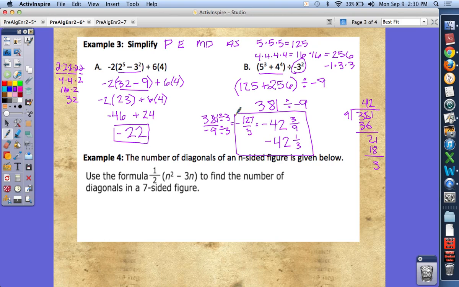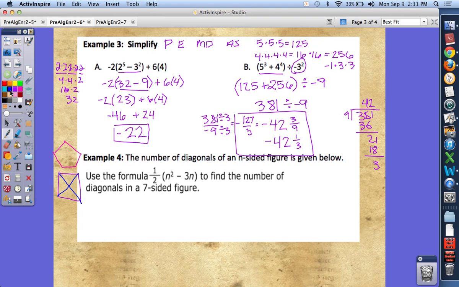Fourth example here, so let's put in a word problem. You actually will use this formula later on. The number of diagonals of an n-sided figure is given below. Use the formula 1/2 times n squared minus 3n to find the number of diagonals in a 7-sided figure. What I mean by a diagonal, if I have a 4-sided figure, how many diagonals can you draw? I can draw 1, 2. If I have a 5-sided figure,